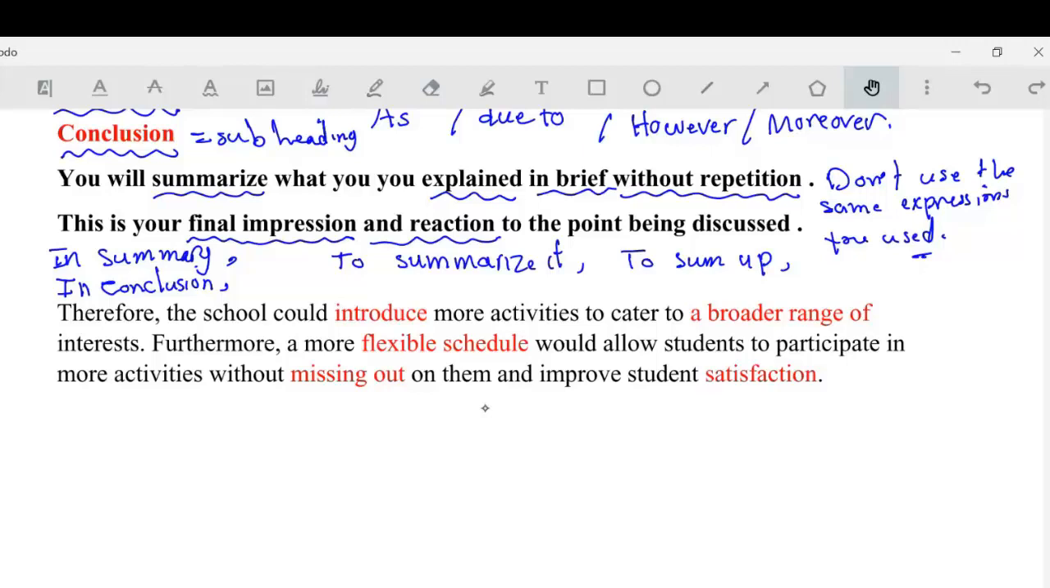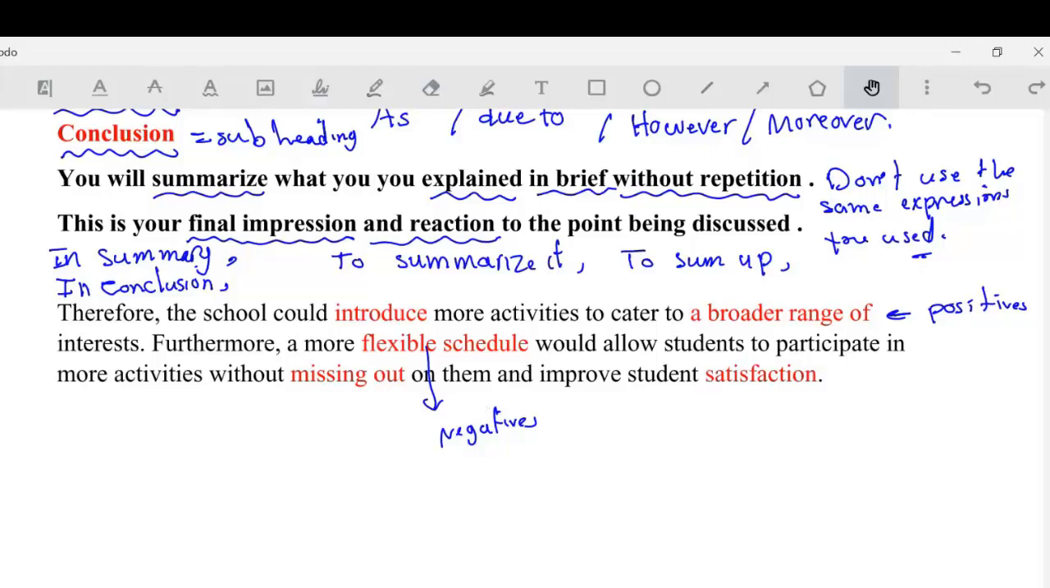School clubs introduce more activities to cater to a broader range of interests. This is the same sentence mentioned in the positives. So this is one of the positives, okay? But he used different words. Introduce more activities to cater to a broader range of interests. Furthermore, a more flexible schedule. This is one of the negatives, okay? But he improved it, like suggested to be improved. A more flexible schedule would allow students to participate in more activities without missing out on them and improve students'